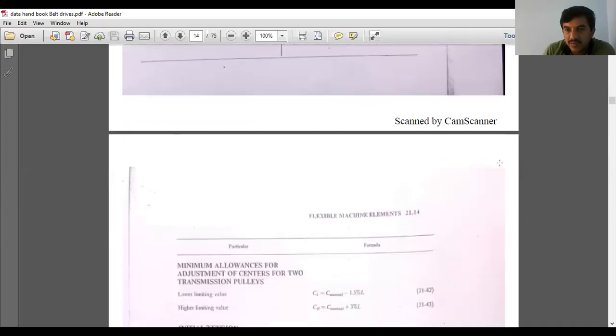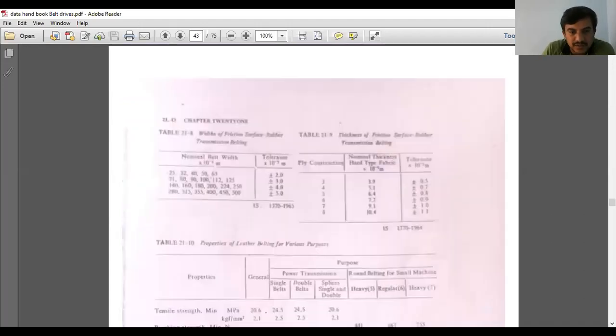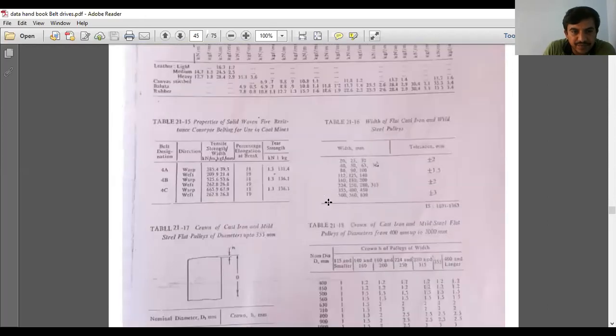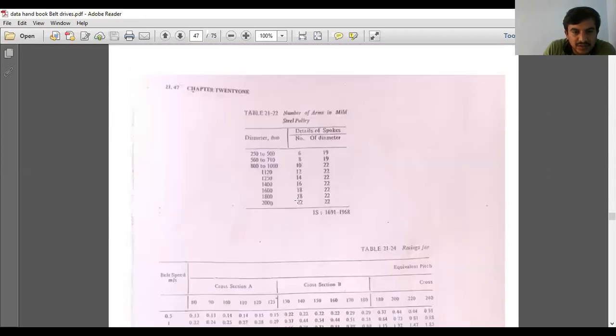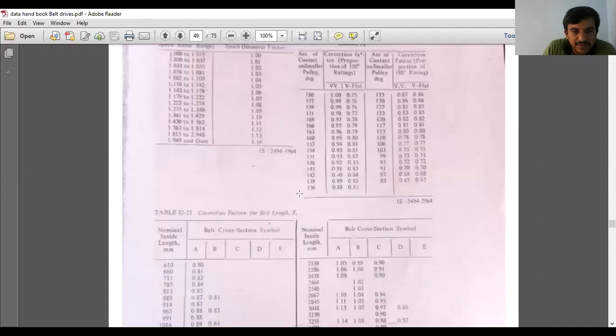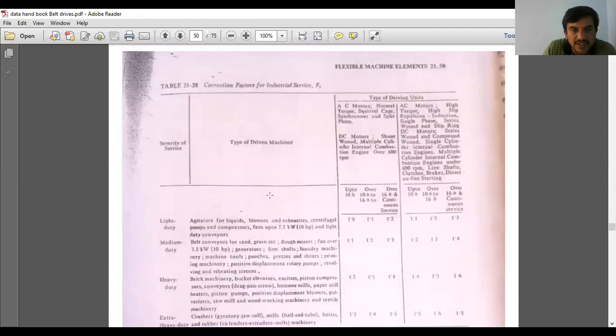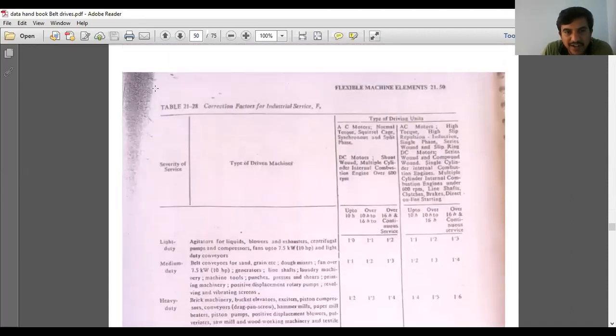See table 21.31. Yeah, this is table 21.28, the correction factor for the industry service FA. How to determine it?